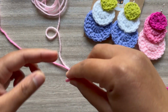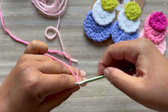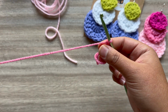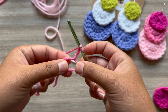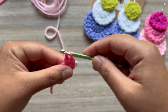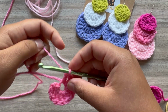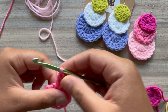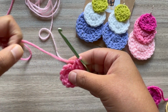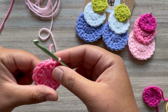Okay, let's go ahead with color 2. Again, we're going to make a magic ring. Chain 1. You're going to make 12 double crochet in the center ring. 1, 2, 3, 11, 12. Okay, pull the tail tight to close the center. Slip stitch on the top of that first double crochet, chain 2,